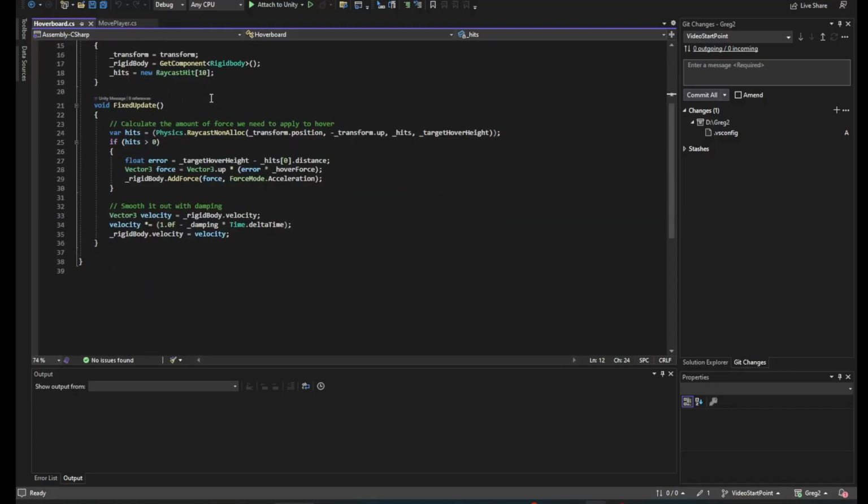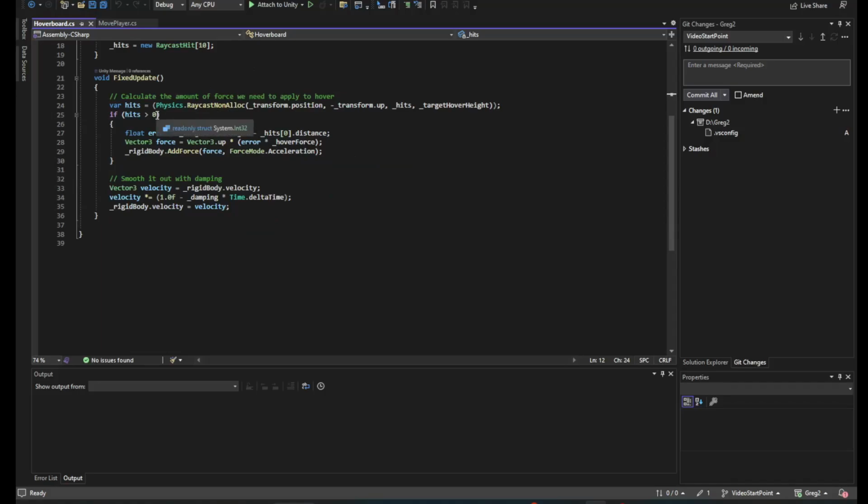So we initialize everything here, and then in fixed update, which is where you want to always do your physics stuff, we do a raycast from our current transform.position in the direction of the down for our transform. We store that in hits, and we make the raycast as long as our target hover height. Okay, so if we did get a hit on the ground,